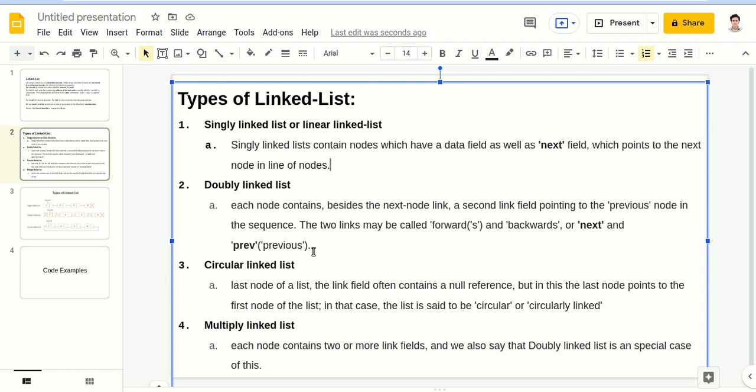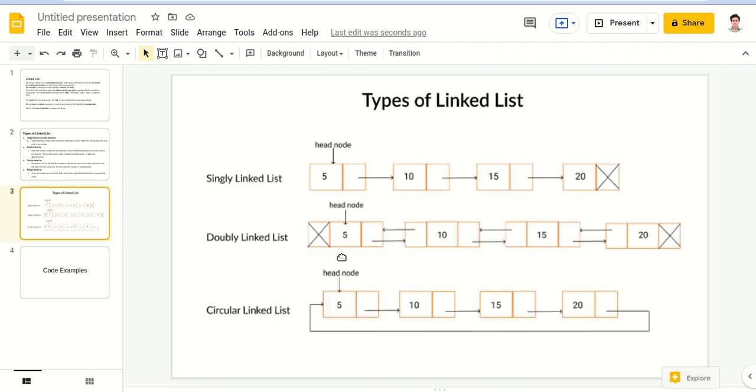These store the addresses. In the diagram you can see that in the head node the previous is null or none, similar to the last node of a single linked list, and the next of the head points to the next node. The node with value 10 has its previous pointing to the previous node and its next pointing to the next node. Similarly for 15, and in the last node only the previous address points to the previous node, and the next address points to null. That's it, this is a doubly linked list. It's very simple to understand.